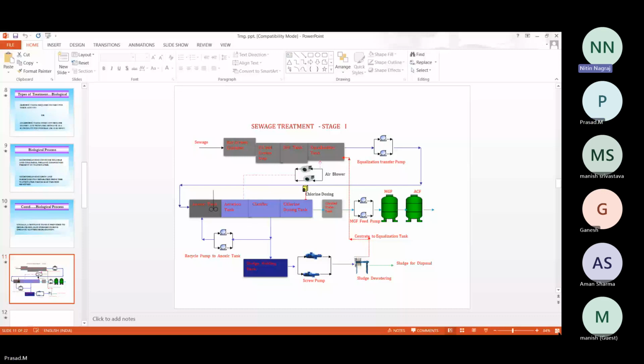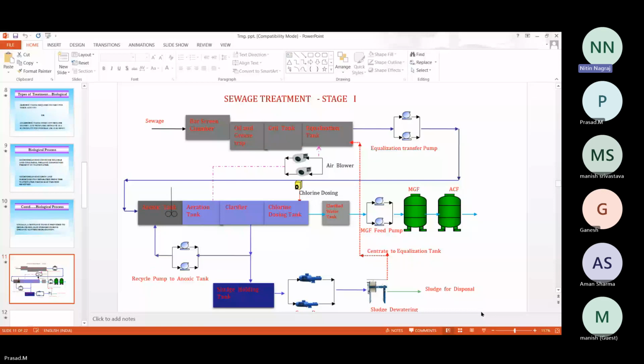Yeah, yeah. It's all right. Make it zoomed. Okay. Now, are you able to see, right? Sewage treatment stage 1. I can see now. Yeah, yeah, yeah. So now,